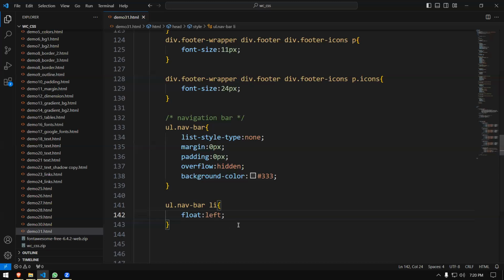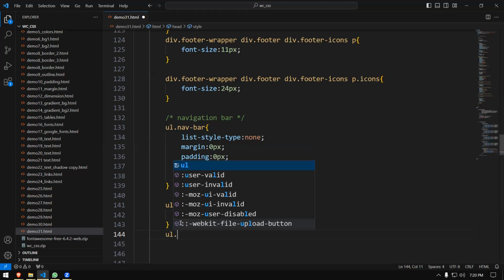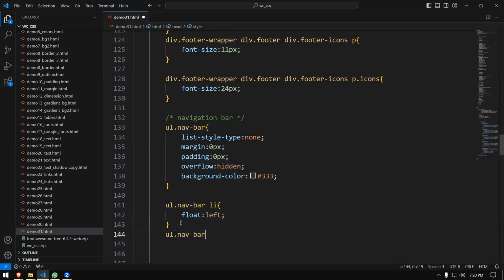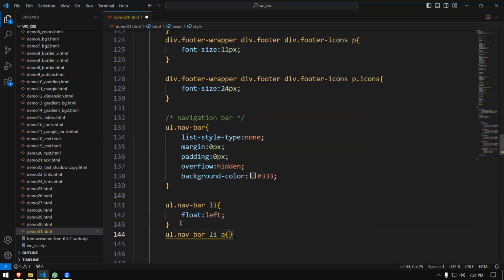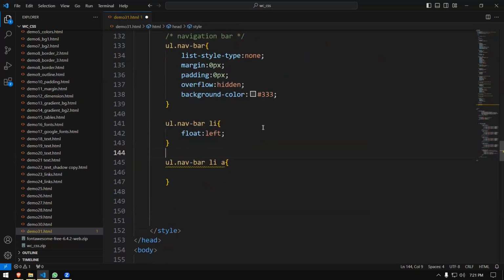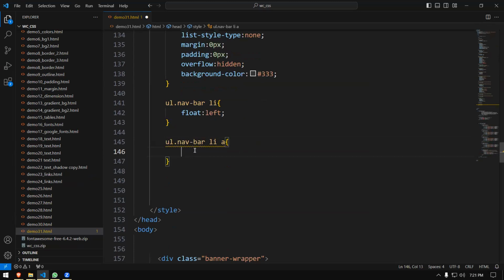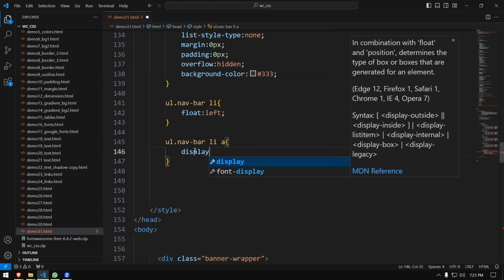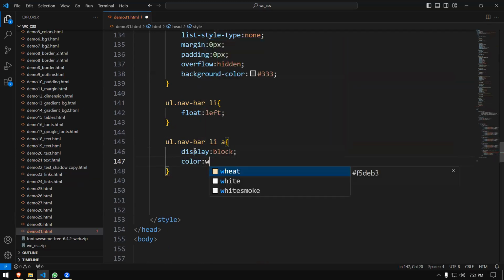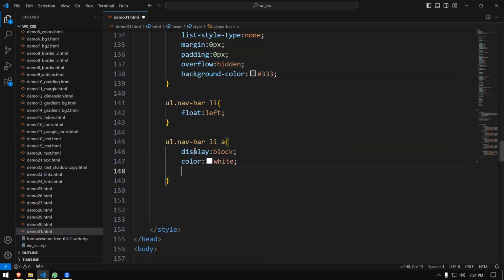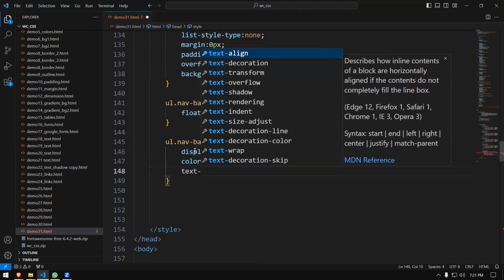I'm going to say under each, let's start now, bar list item, each link, right? I want to display in a way so that it will be nicely taking space. Every list I want to display as a block item. So display, let's say block, let's say color, let's give white, right? And let's say text align center,